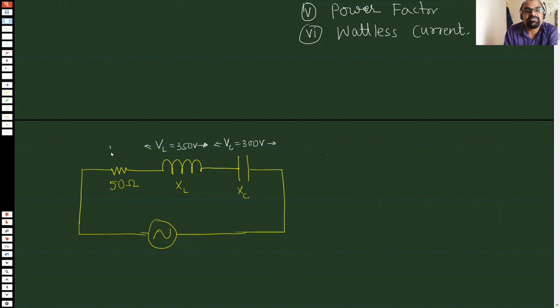This VR is not given. In fact, this is one of the things which we want to find. And of course, the value of current is also not given. However, this voltage is given. This is 100 volt, 50 hertz. Okay, this is 350. I hope it is readable. If not, let me delete this and write it with slightly better handwriting.